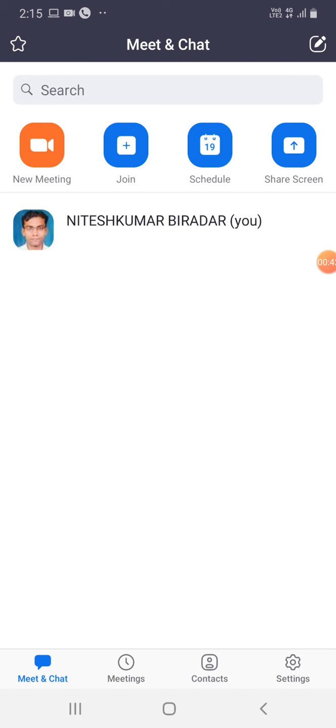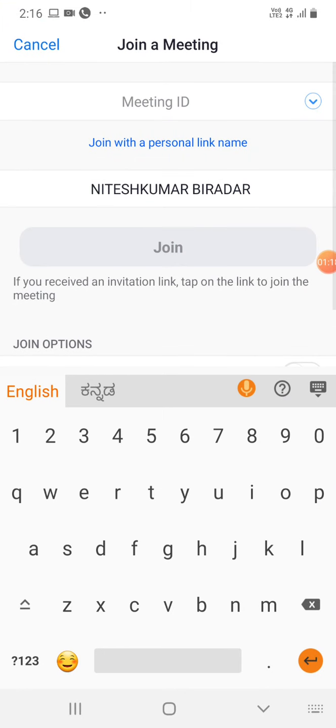If you want to host any meeting or class, once you sign in, you will get the option whether you want to sign in by Facebook or by Google. So just choose Google or Facebook, provide your user name and password, and thereafter when you get this screen, you can start a new meeting by clicking on new meeting. And if you want to join any meeting hosted by others, you can click on join. By providing the meeting ID, you can click on the join button to join the meeting.